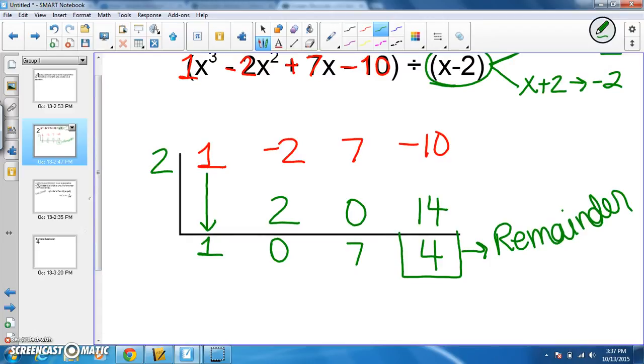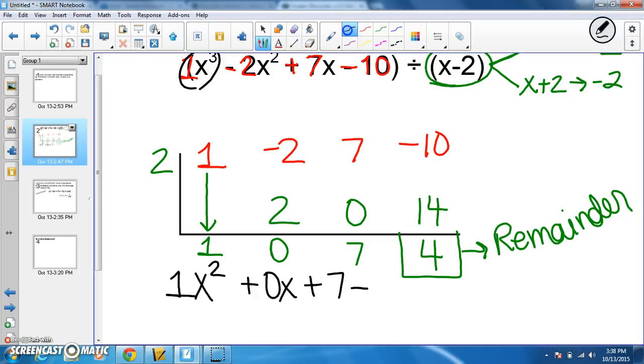And in order to write our answer, we look at our highest power from our problem, which was x to the third power. Our first term is going to start 1 less than the highest power. So our coefficient is 1. 1 less than x to the third will be x to the second. We then go down, reducing the power by 1 each time. So it would be plus 0x, plus 7. Since this is our remainder, we have plus 4 divided by whatever we divided by in our problem,